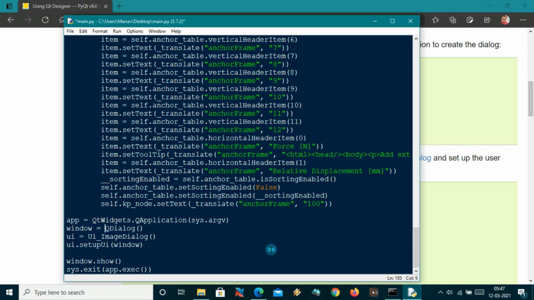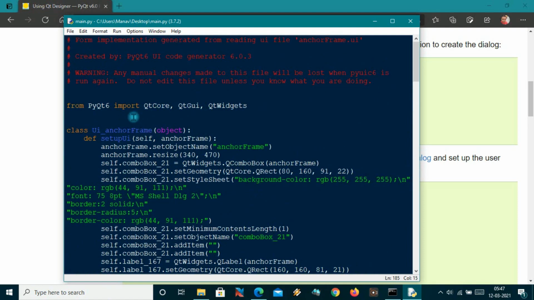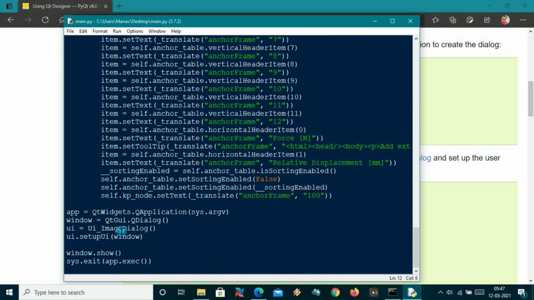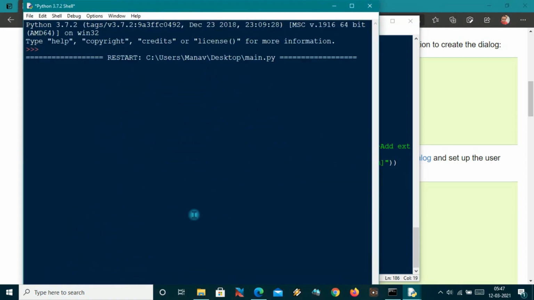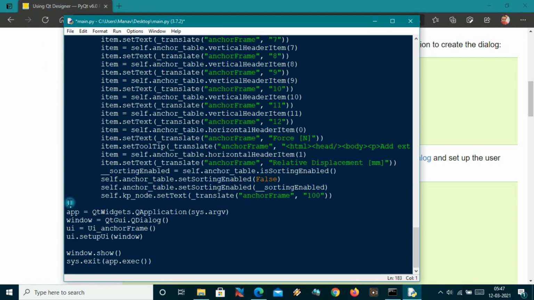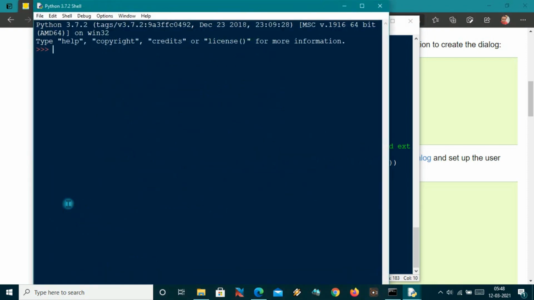So I will call here QtGui.QDialog. Okay, and at last I will call my class. So I'll just copy the class name, and in place of ImageDialog I will pass here AnchorFrame, and save and run. Since it's not defined, let me import sys, and now hitting enter.